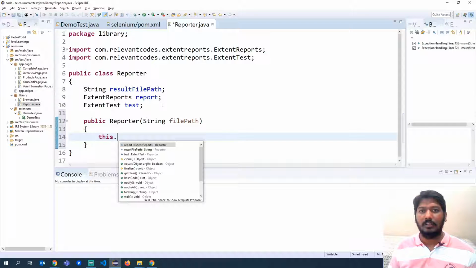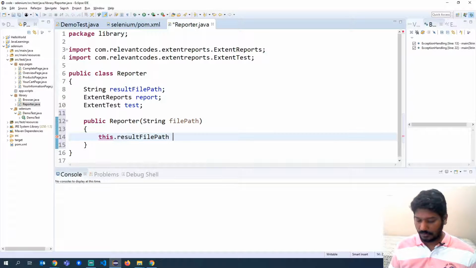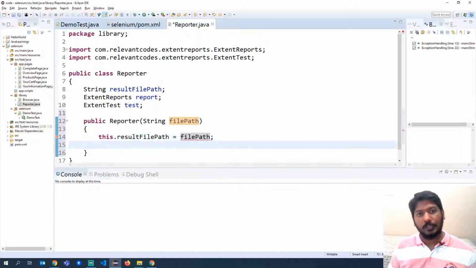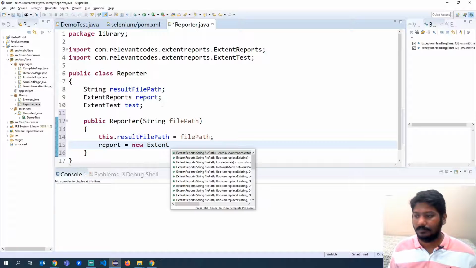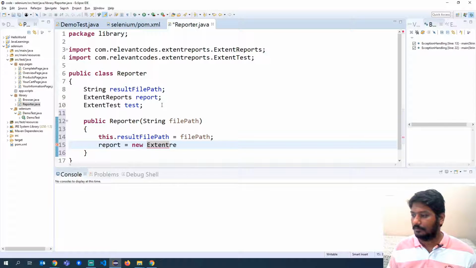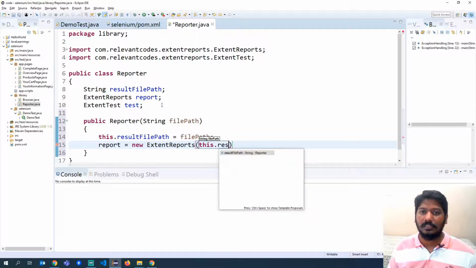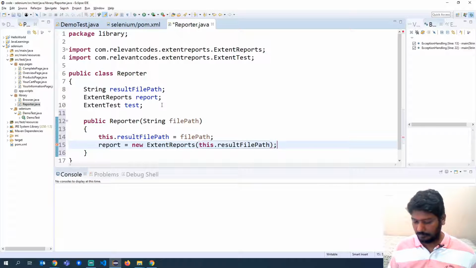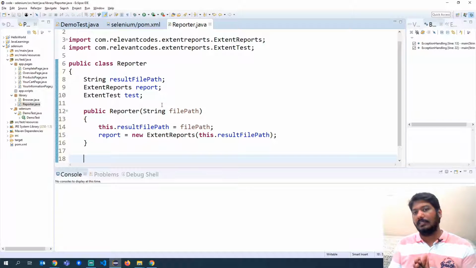So this dot result file path is equal to file path. And also we will create an object, report is equal to new extend reports of this dot result file path. Okay. So first we have specified that a result file should be in this particular path.